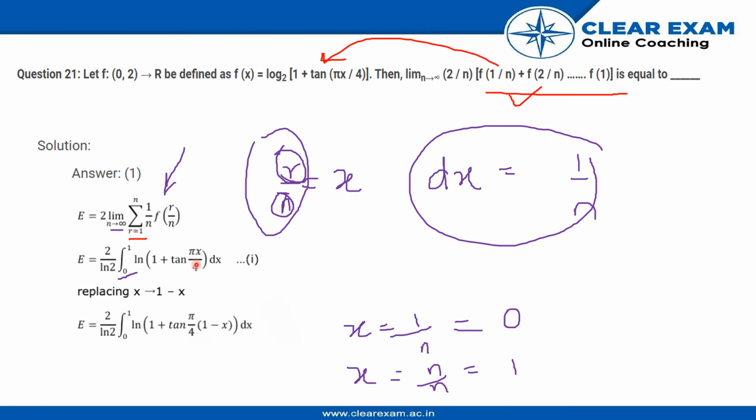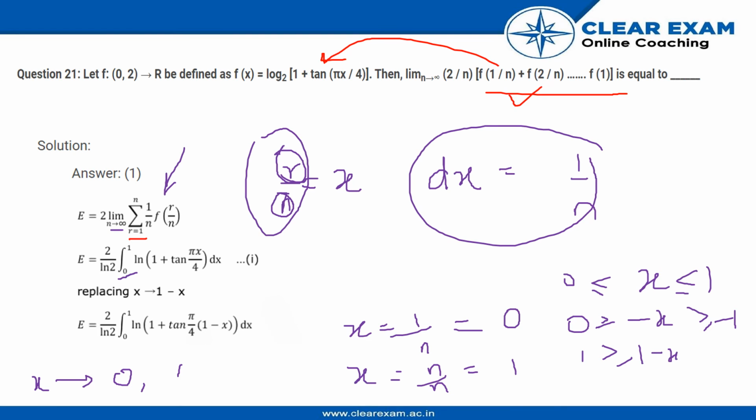Now we replace x with 1 minus x, because that doesn't make any difference in the entire summation, because as you can see, x goes from 0 to 1. If I take a minus sign, I will write it in terms of the inequality 0 to 1, where x has these values. If I take a negative sign, the inequality changes, and if I add 1, I have 1 minus x over here, and this becomes 0. So I still have the limit the same, but the function has a different x over there. So x is 1 minus x in this case, so we use that over here.